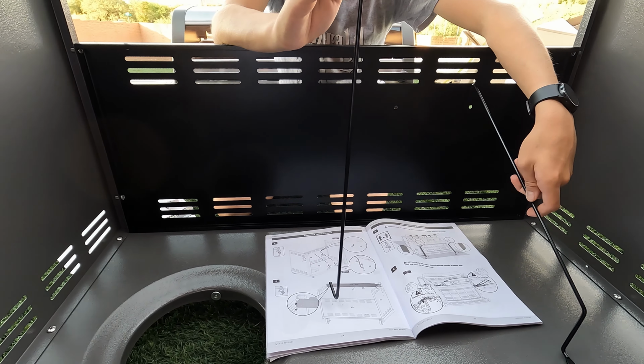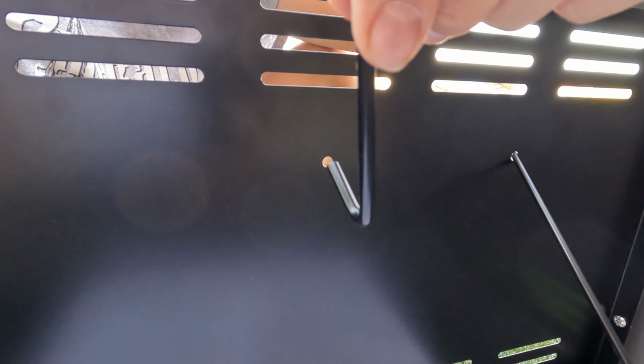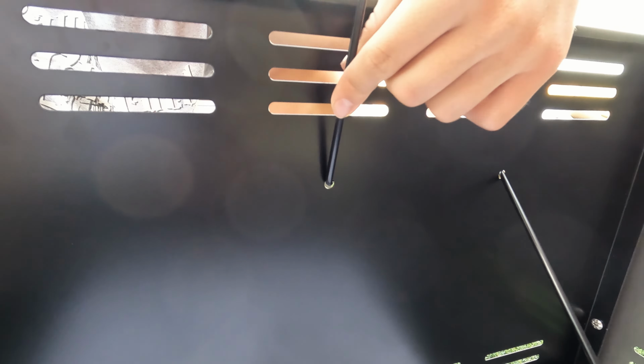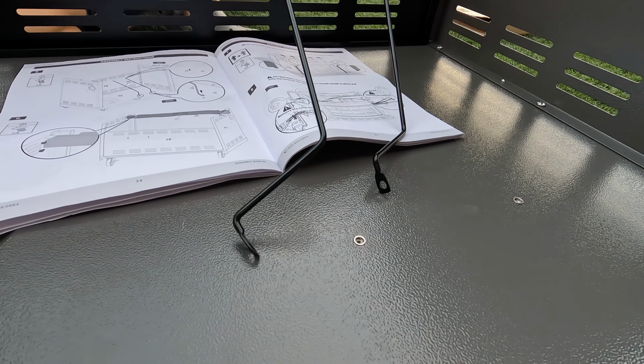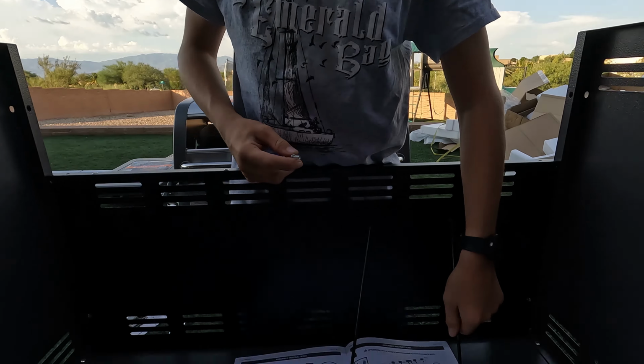So okay, so how you do these is you're just gonna hold it up like this, put it in the hole, spin it around like that, and there. Like I said, this one's gonna take 2 C screws, so let me go ahead and get the C screws. Okay, now I'm gonna go ahead, put it like that,